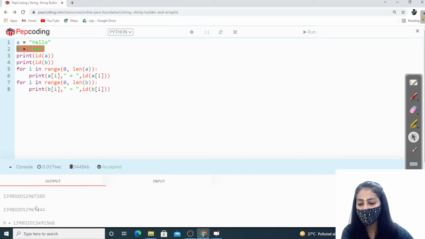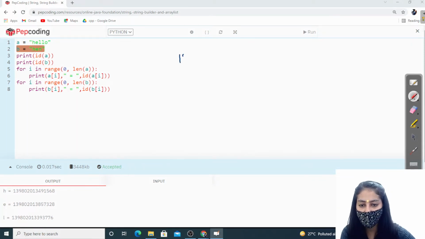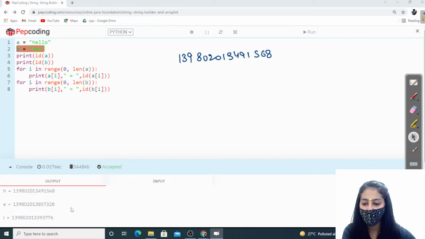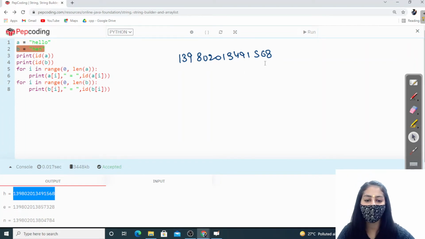Next, individually, let me write the address at which H is pointing: 139802013491568. Now when H comes again in the second string, the memory address is again the same: 1398020, 1349158.